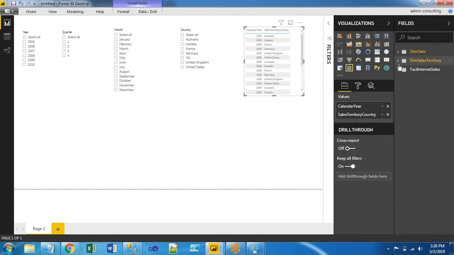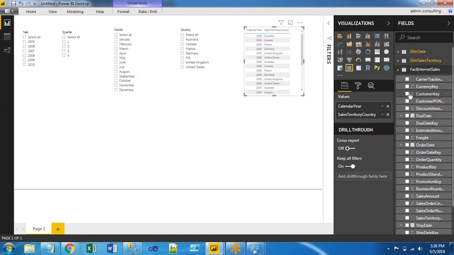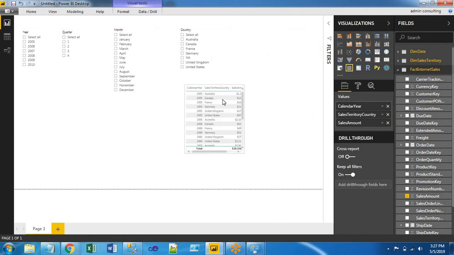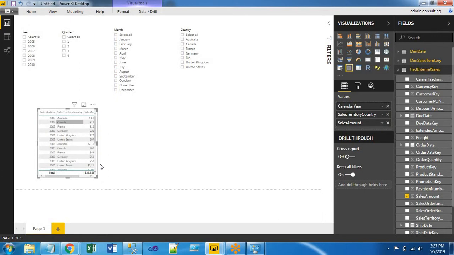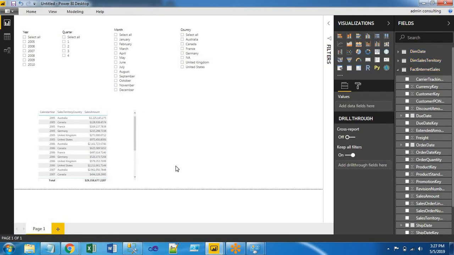I'm just taking this visual for example purposes only. Okay, so this is the sample report we have here. We just want to display at the top right side of the report the summarization of the user selection across all the visuals. By default we do not have any feature or option displaying the user selection